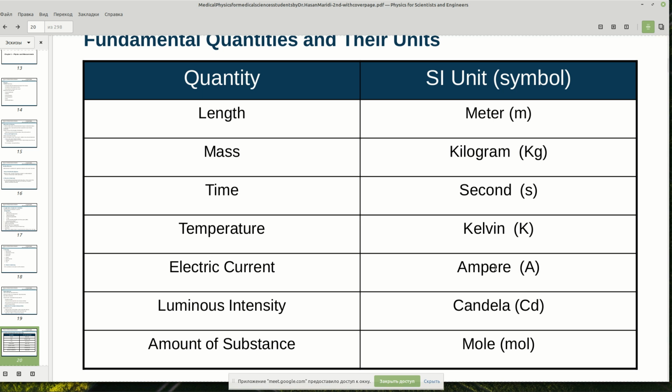We have different scales, Celsius, Fahrenheit, and Kelvin, and we use Kelvin in these units. Electrical current, ampere, A. Luminous intensity, candela, CD, and you can see it actually in some good prescription of